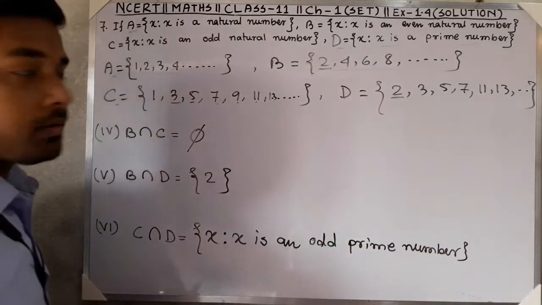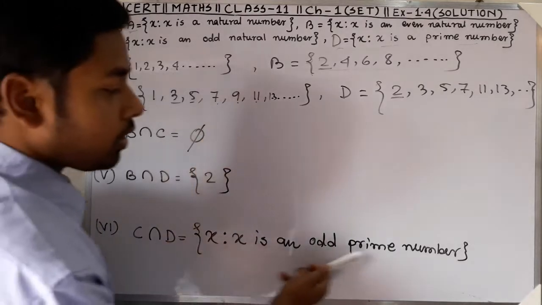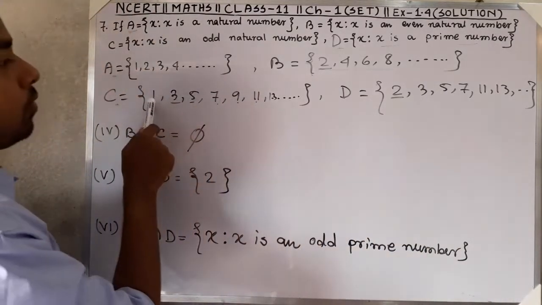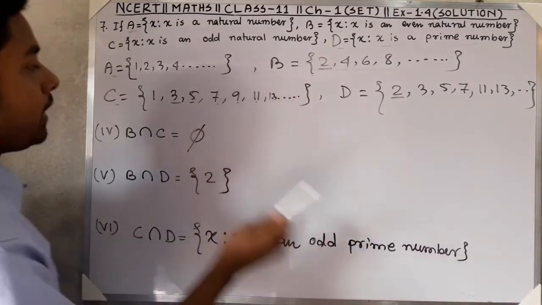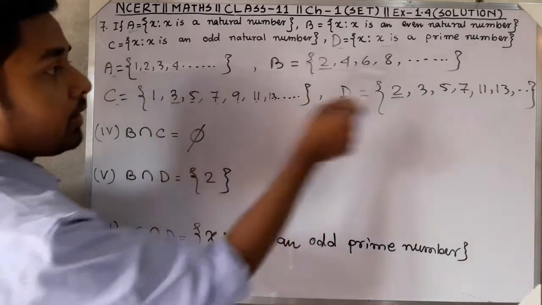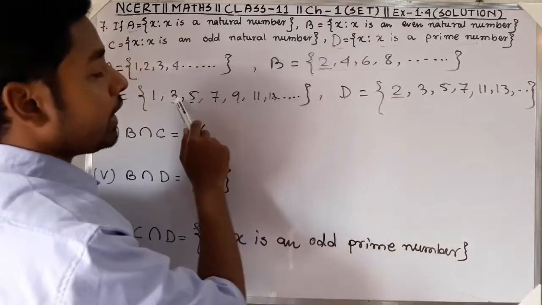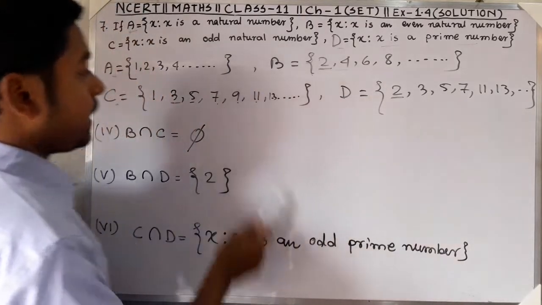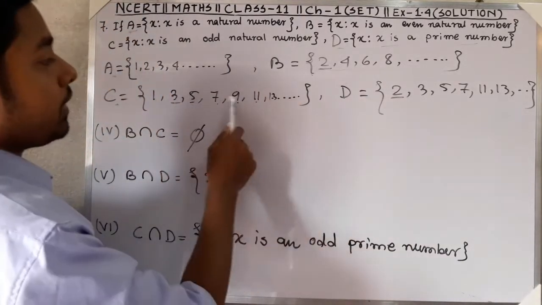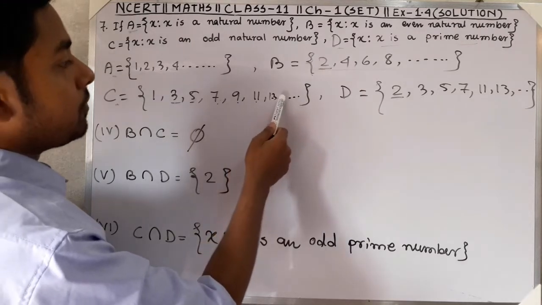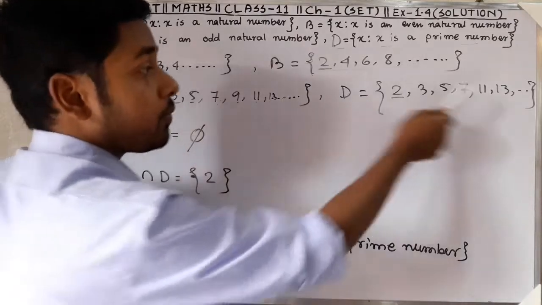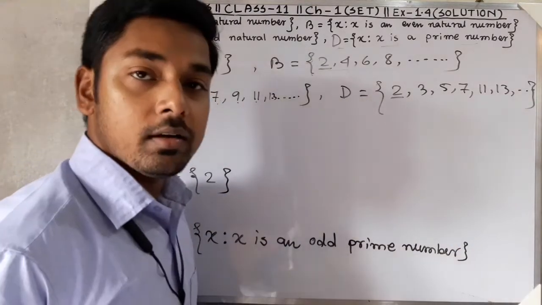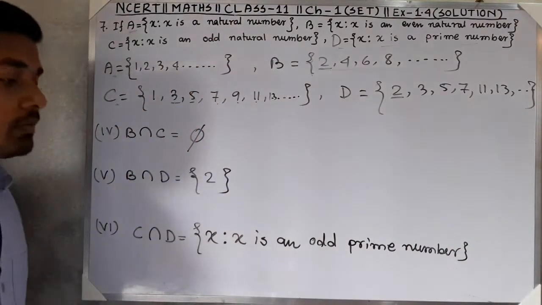करेक्ट. अब यहाँ पे ढूंढो जो ऑड और प्राइम दोनों ही है उसको ढूंढो. 1 क्या है? ऑड है लेकिन प्राइम नहीं है तो 1 नहीं होगा. 3 प्राइम है, ऑड भी है, 3 आएगा. 5 ऑड प्राइम दोनों है. सपोज 15 ऑड है, हाँ ऑड है, प्राइम है, नहीं है तो नहीं आएगा. क्लियर? So pause the video to note it down.